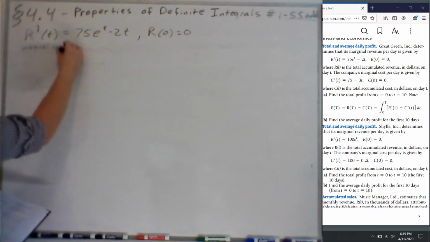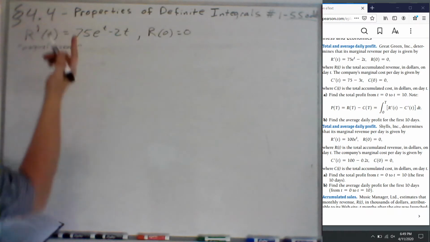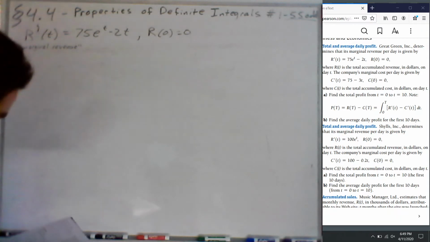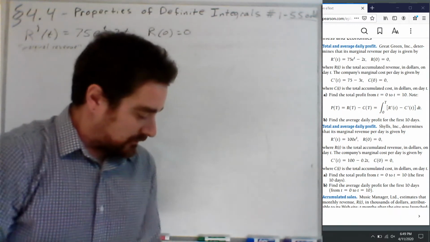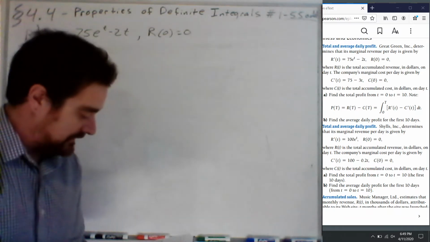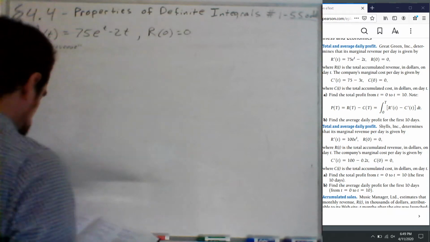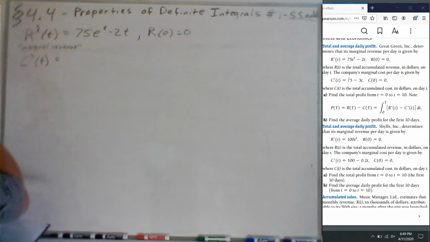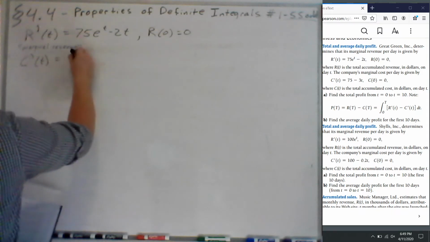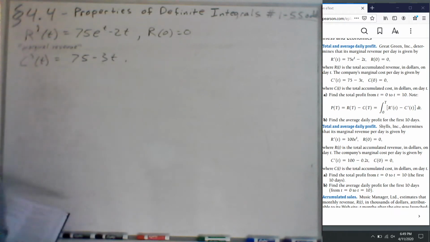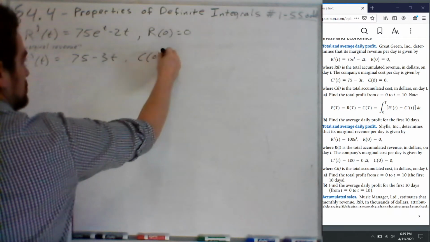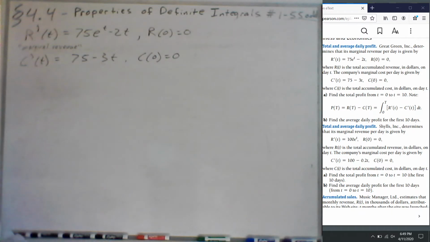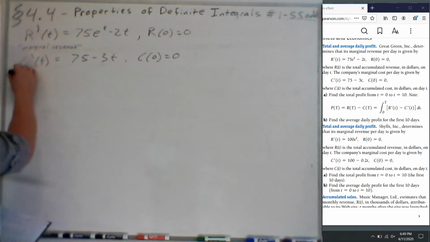revenue, which is the derivative of the revenue, right? R function, where R of t is the total accumulated revenue in dollars on day t. The company's marginal cost per day is given by C prime of t, which is equal to 75 minus 3t. And they're also nice enough to let you know that the cost of making 0 units is 0, where C of t is the total accumulated cost in dollars on day t. So we've got marginal revenue,